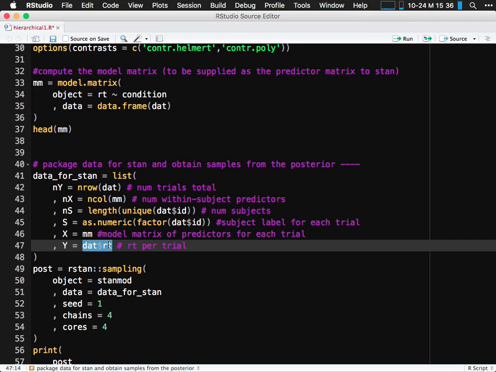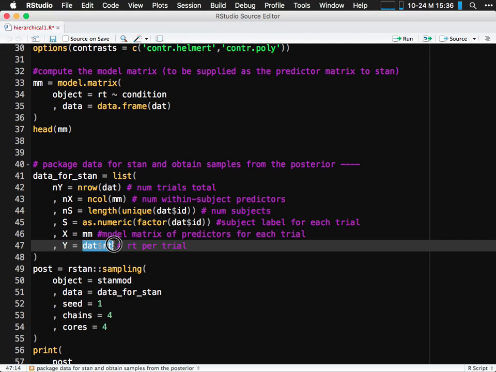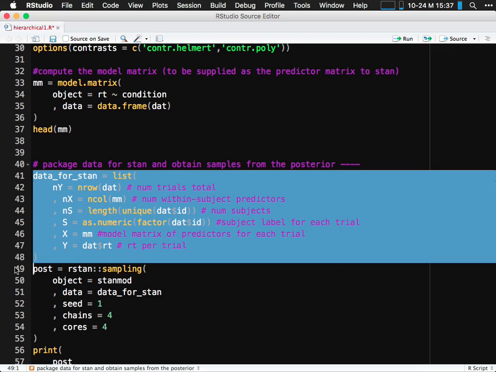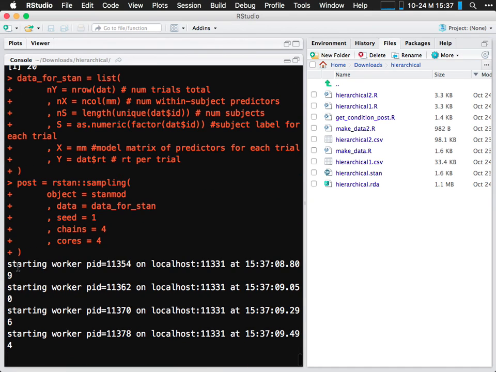the RT observations. Now, I'm giving it just the raw observations, whereas what I've taught you to do more recently is to scale the data so that we can put some sort of simple default priors on it. But I haven't done that here. That's because I've tried to simplify our lives by doing the scaling in Stan itself. So I'm going to run this and tell it to sample. Okay. So while that's running, because that's going to take a while,